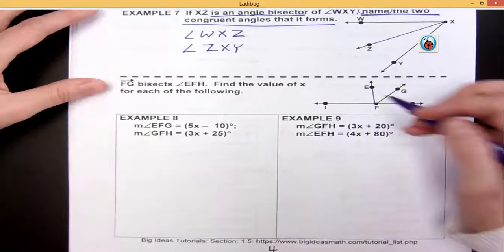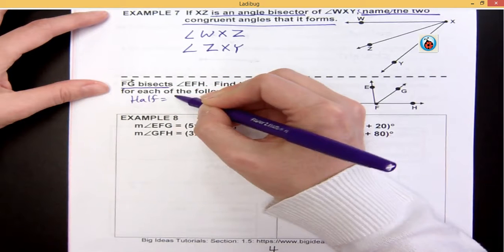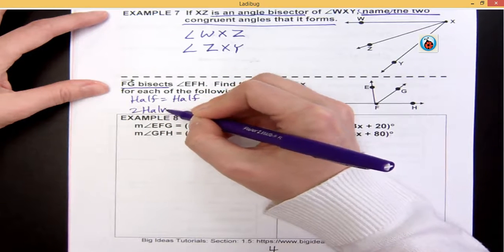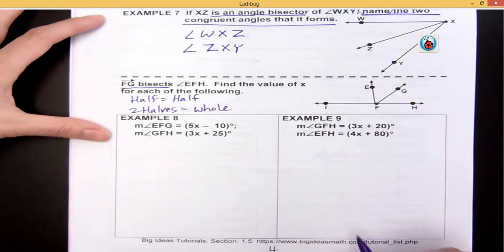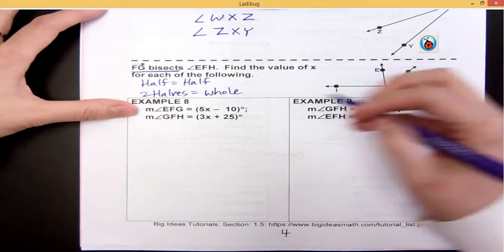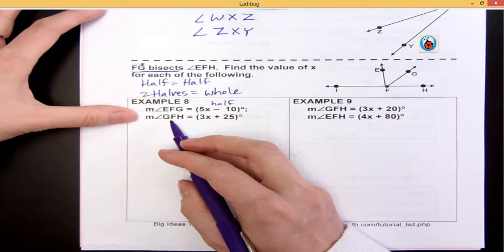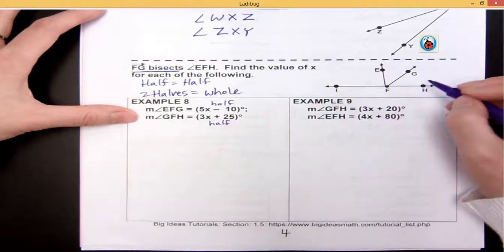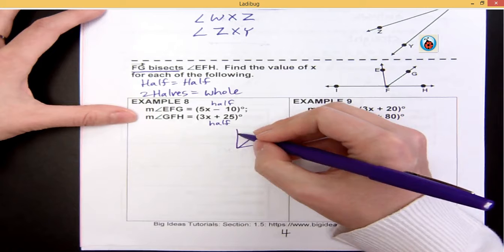When I'm looking at this, it tells me it bisects, so I'm dealing with either half equals half, or two halves equals the whole. And so I check EFG. EFG, that would be half. And GFH is another half. GFH. And if I want to, I could draw it out here and label